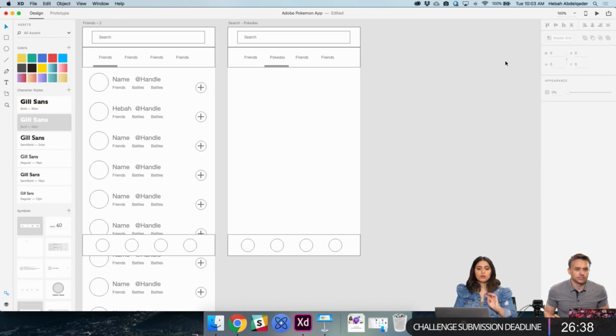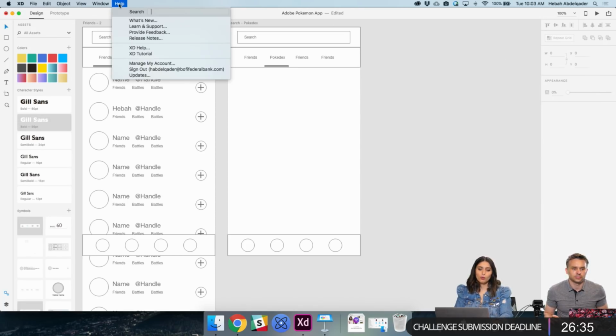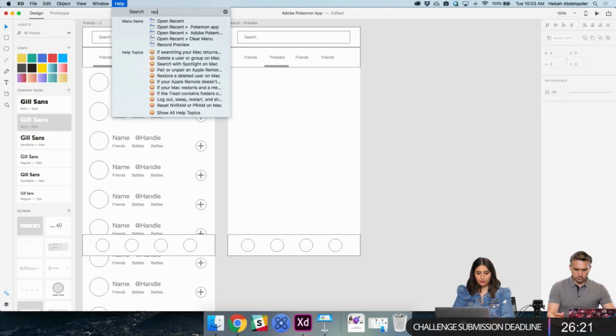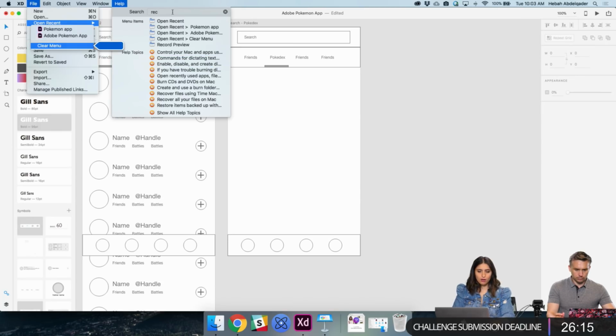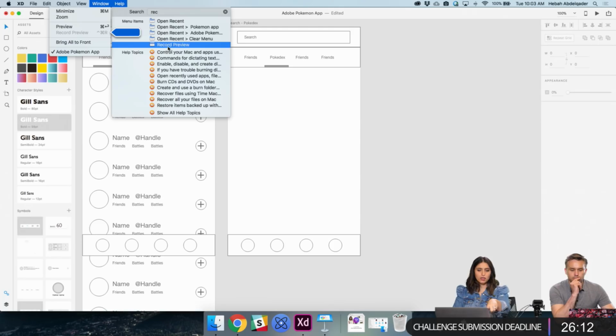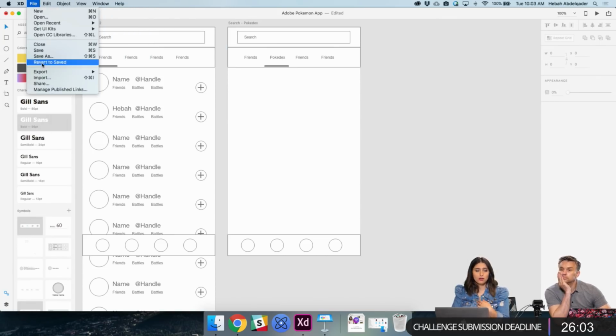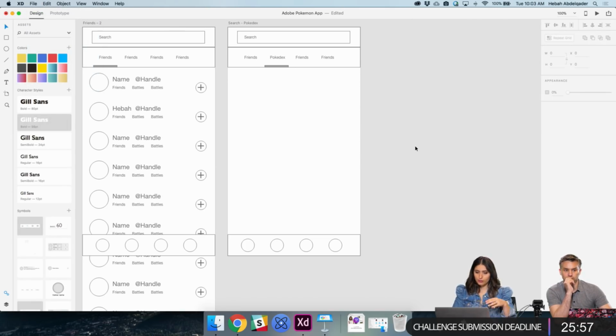For sure. So that's another thing that I like, that help button. One of the things we were talking about was artificial intelligence and easy ways to incorporate help. So if I wanted to look for something that I cannot find on the screen, let's just say rectangle, or record preview, whatever, you hover on it and it shows you where it's at in your upper menu. That's something that I appreciate as a user, the fact that I don't have to go through every single menu and look for the thing that I need. So the fact that you can type it into help is awesome. Matthew, it's a good call.